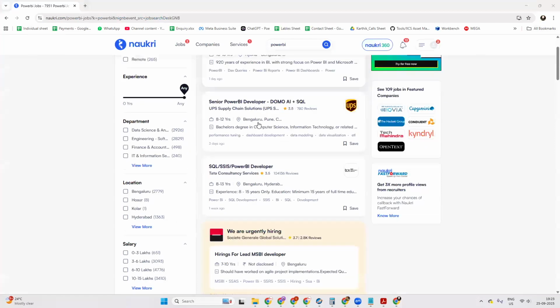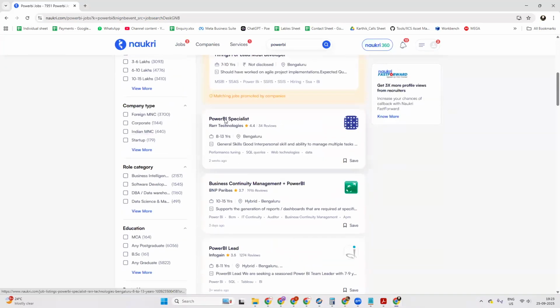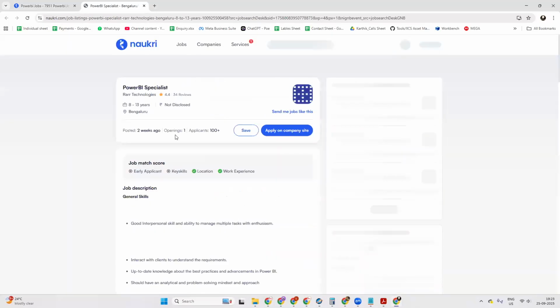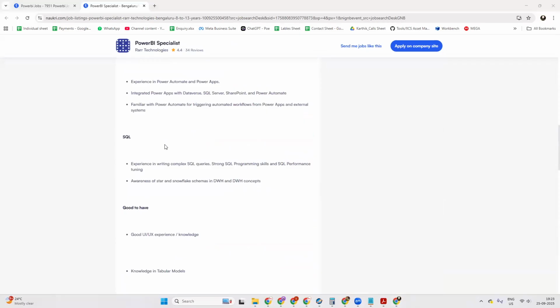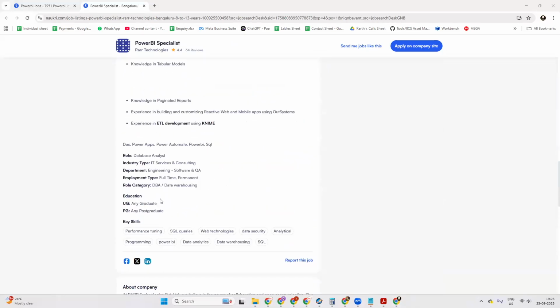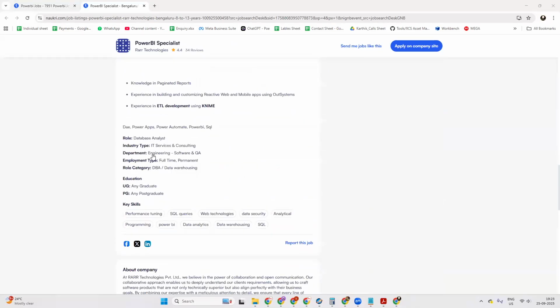But many people don't know how to check the skill set and apply. What skill sets are required for this particular job role, how to apply for that, and whether we are suitable for this role or not. There will be multiple questions coming up.